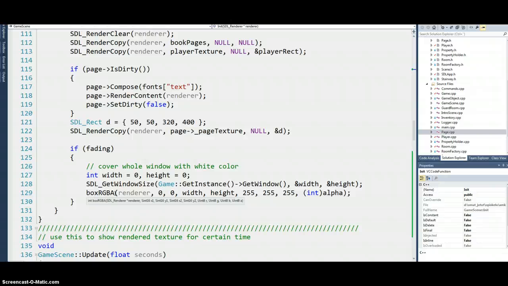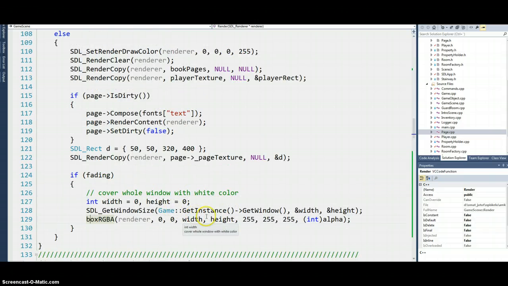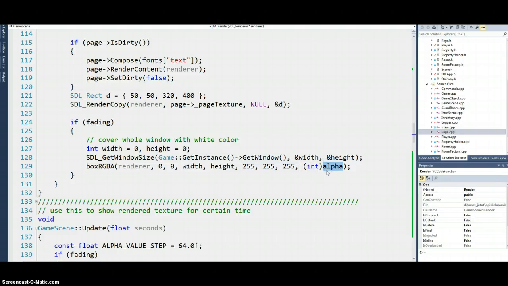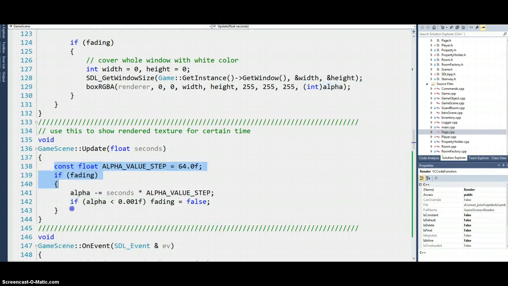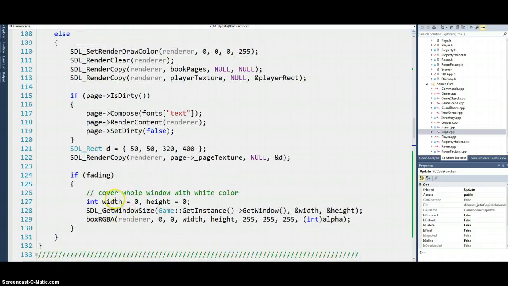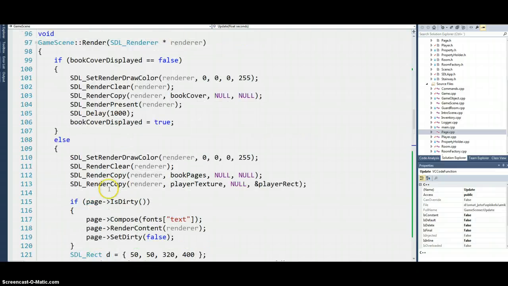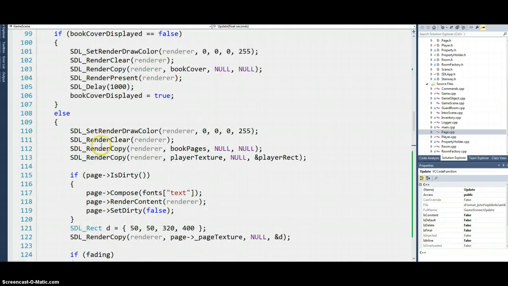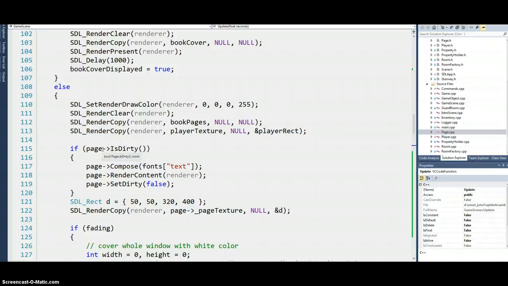It covers the whole window with the given color, and it is faded. The alpha is faded away by updating this scene. I don't remember quickly what else I used in GFX or what else was used in that video,